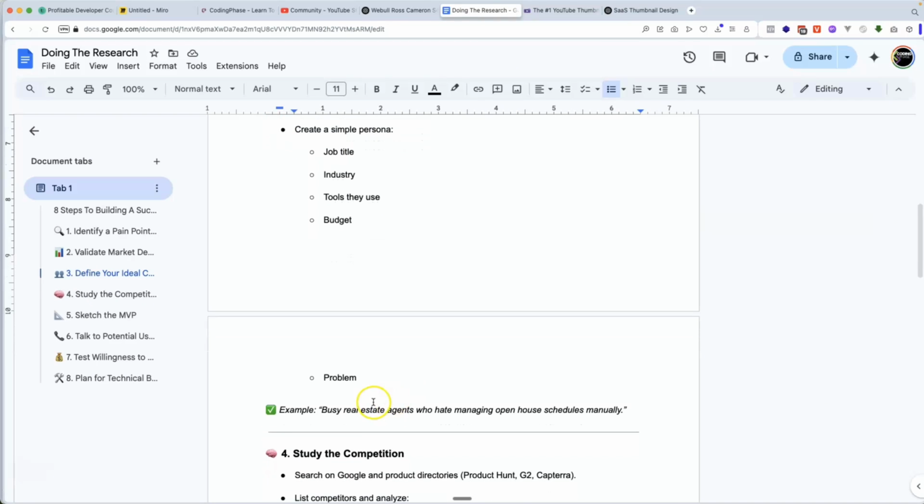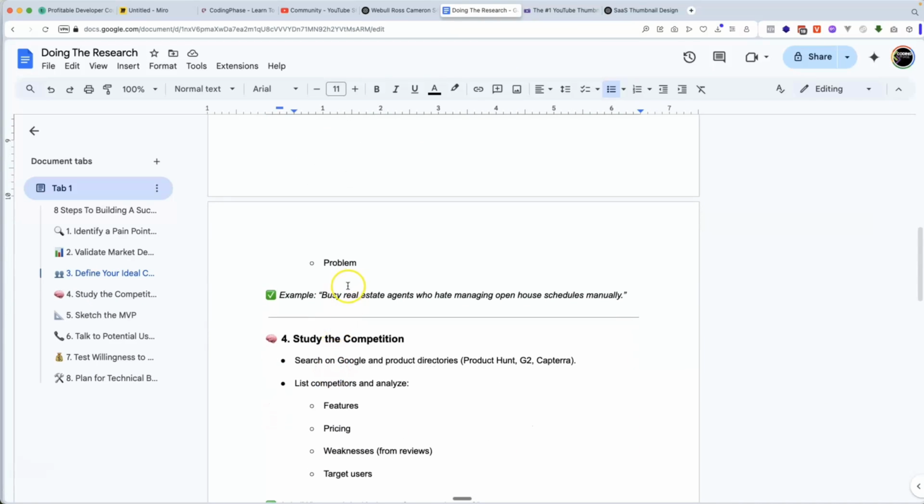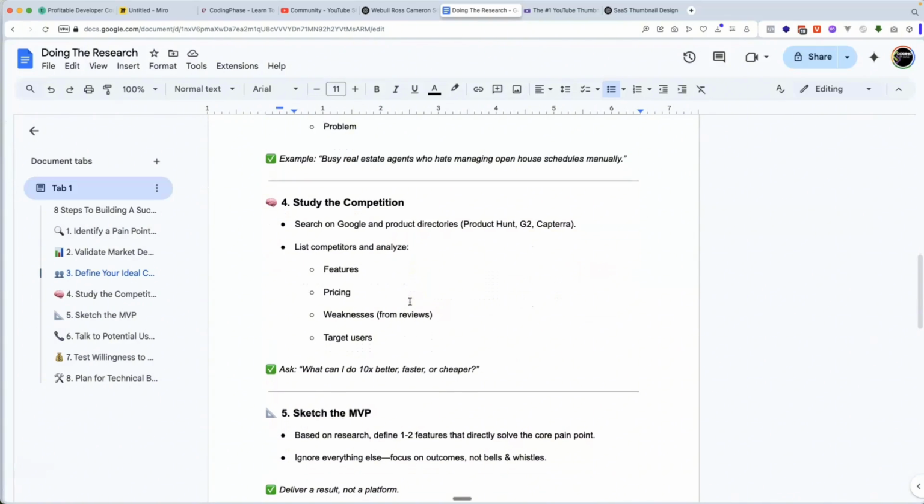Okay. So again, this is an example. Busy real estate agents who hate managing open house schedules manually. Let's say that was an application we were building. Now we know exactly who the person is that we're tackling. Okay. Number 4 is